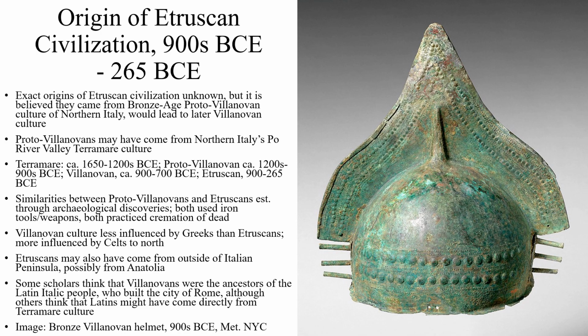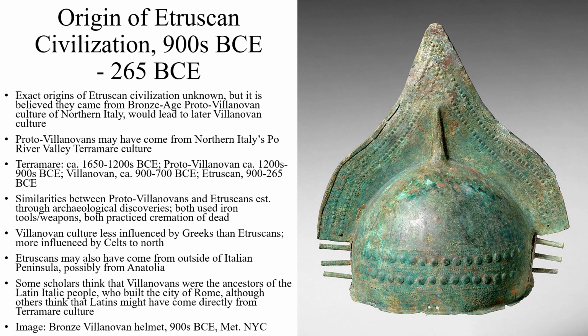The Proto-Villanovan culture will develop into the Villanovan culture as well. And the Proto-Villanovans may themselves have come from another northern Italian culture that inhabited the Po River Valley, a little bit north of where the Etruscans were. And that group of people was called the Terramare culture, if you're going to pronounce it the Italian way. The Terramare lived probably between the 1650s and the 1200s BCE. They're a Bronze Age civilization that